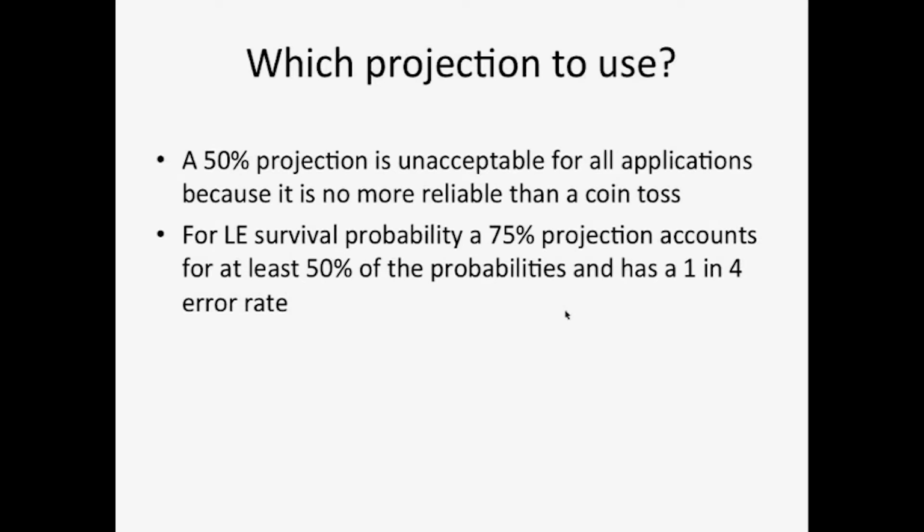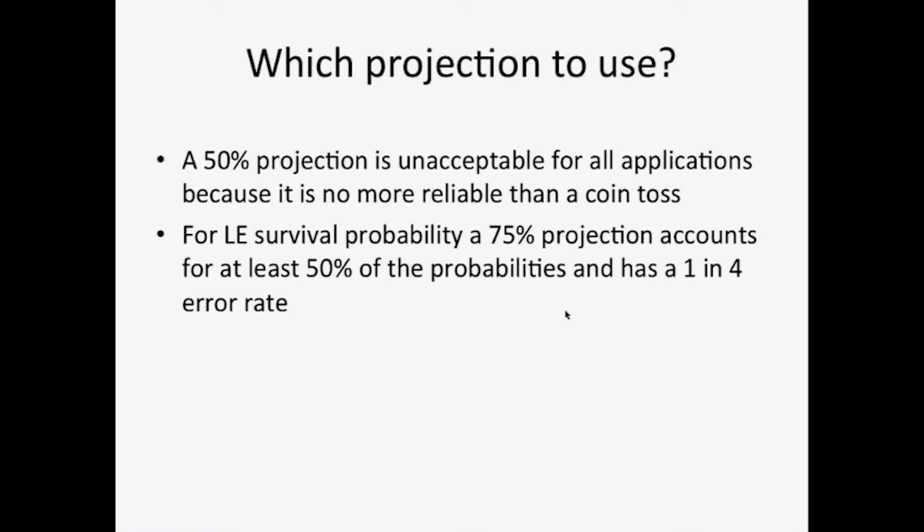When I give a life expectancy projection now, I talk about the 50% projection, I talk about the error rate for it, and then I talk about the 75th percentile projection. The 75th percentile projection includes the more probable than not survival range for an individual. So it falls within what is required for testimony in a forensic venue, but it also has the lowest error rate associated with a life expectancy projection. It will only be wrong 1 in 4 times. What I mean by that is there will not be enough money to cover the survival expectancy for the individual in 1 in 4 cases.